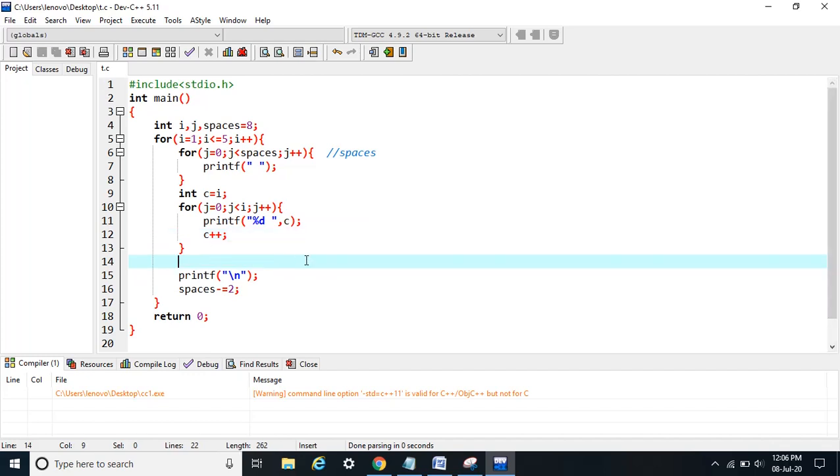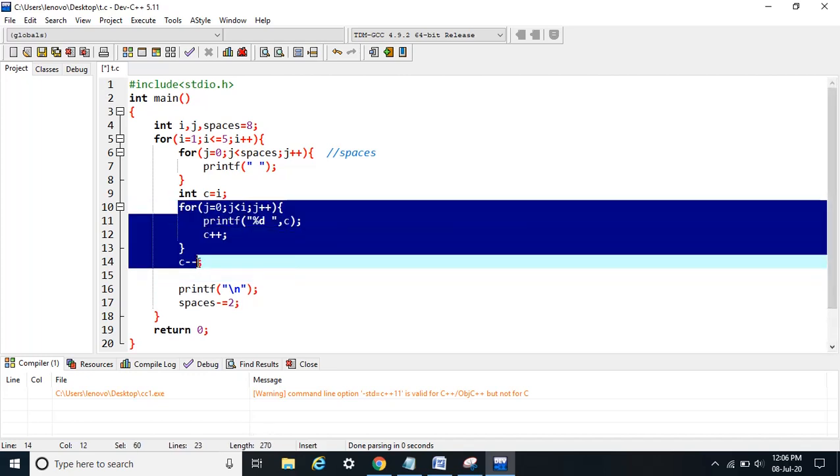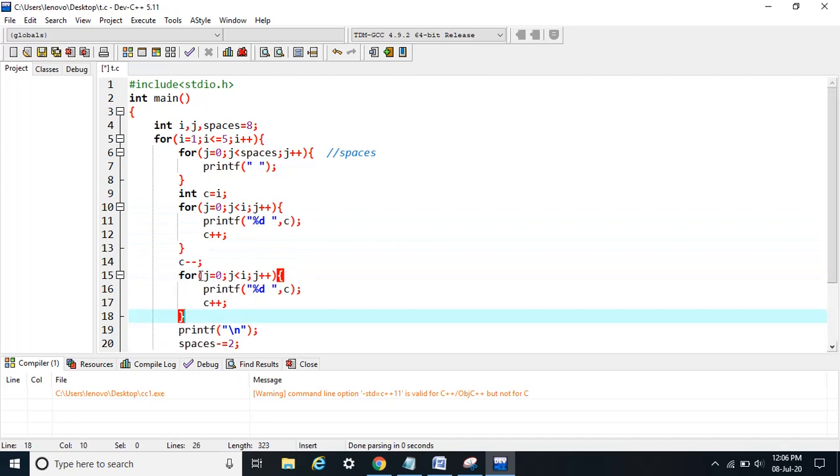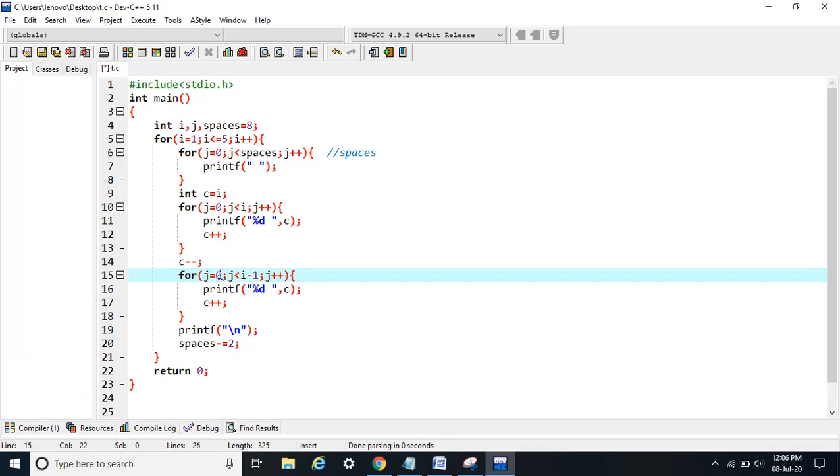I will reduce its value, C minus minus, and again let's copy this loop here. Now this time I need to run this loop I minus 1 times. After printing numbers and reaching maximum point, I need I minus 1 numbers reduced by C. So here we will have C minus minus.